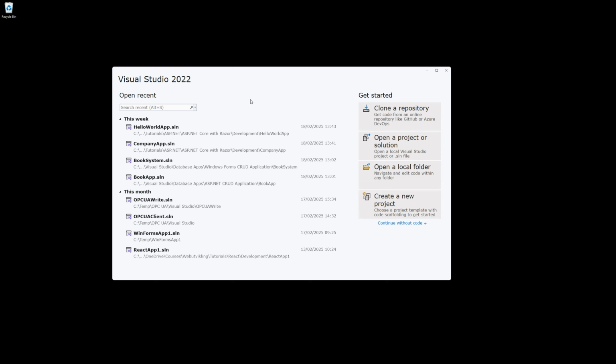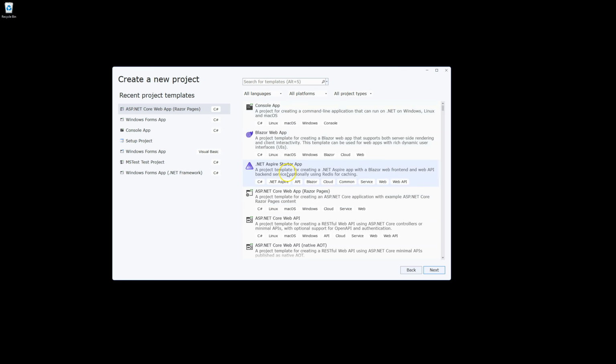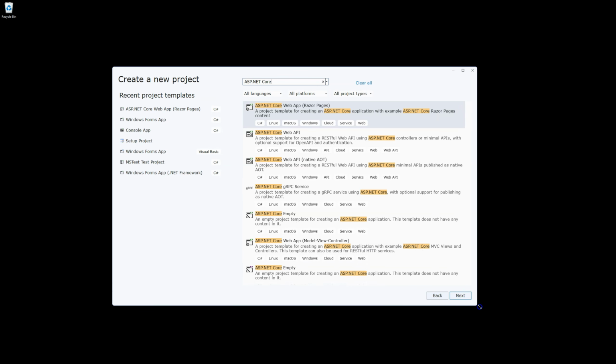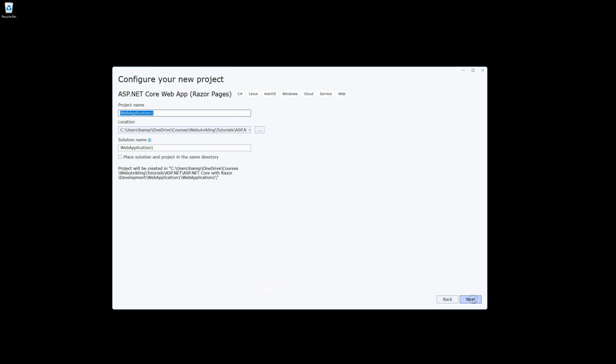So now I have opened my Visual Studio on my computer. So this pops up. Then I just select create a new project. And then we come to this templates where you can select the template that we are going to use. So then basically I just type here ASP.NET Core, and then lots of templates will pop up, but as mentioned we should use this ASP.NET Core web app with Razor Pages. And here you see the C# language is used, so I just select this one, click next,